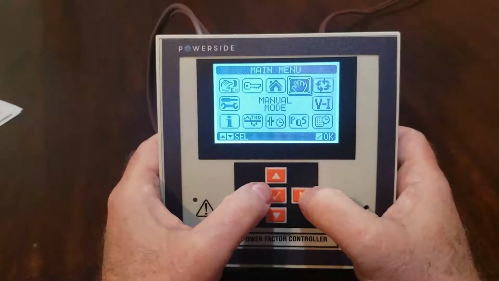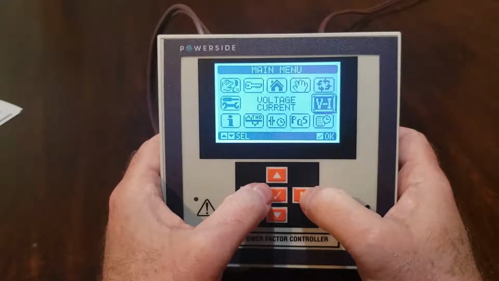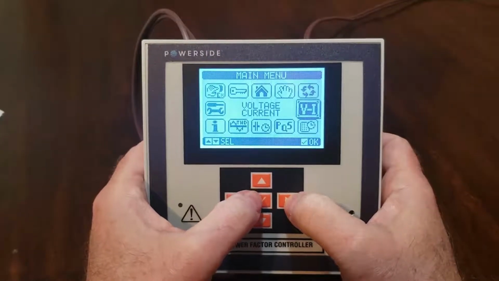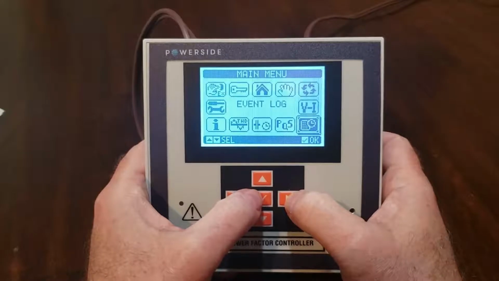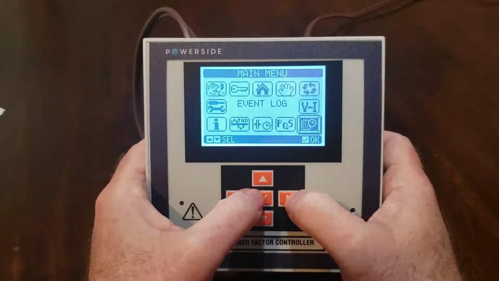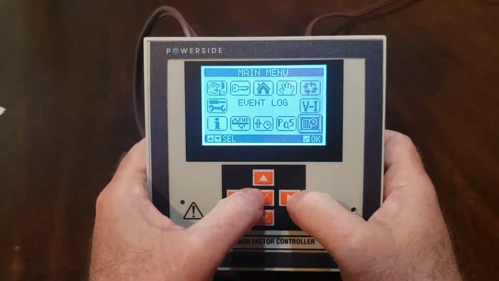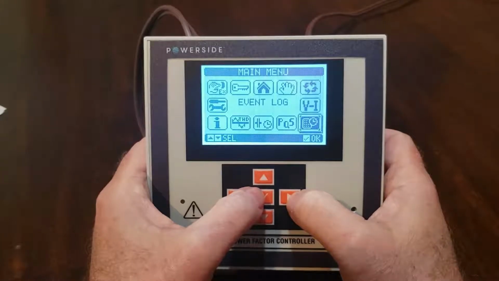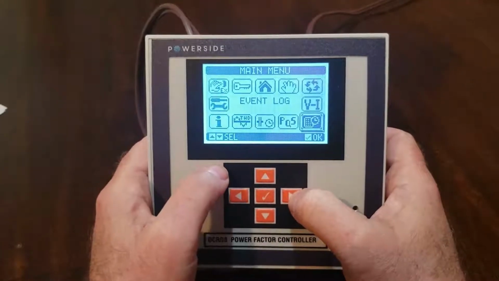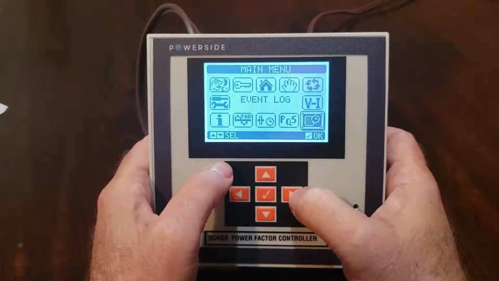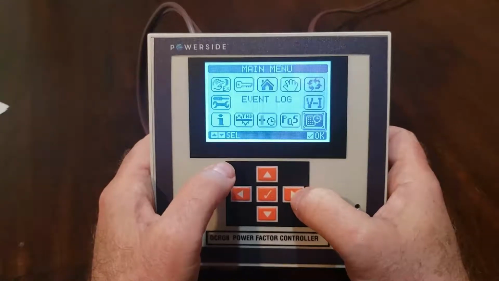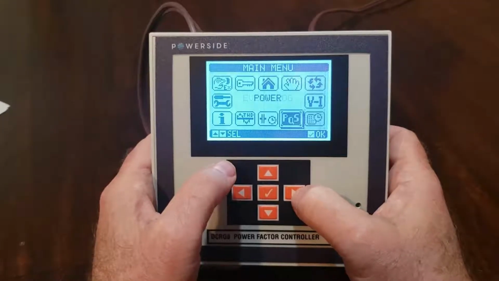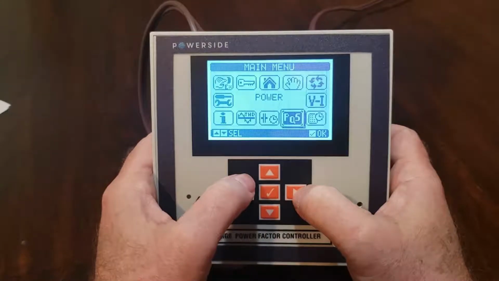There's, again, manual mode and automatic mode. There's information you can get on the voltage and current for the system. There's an event log, which can be really useful if there's a need to troubleshoot the system, to look through those events this controller has captured, as the power goes away, power comes on, whatever those things are that the system captures. Looking at the actual power in the system,